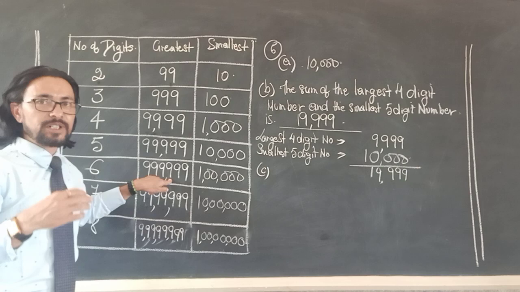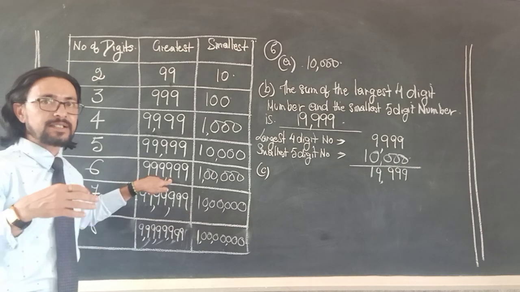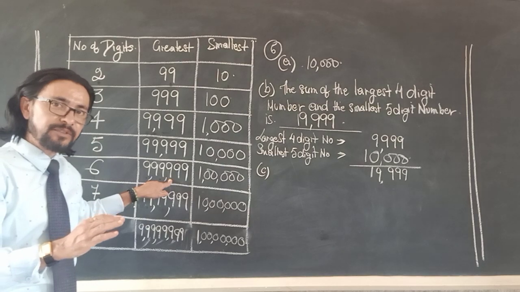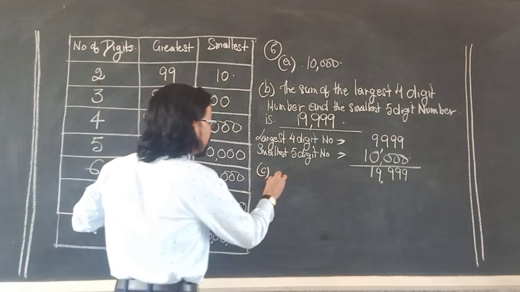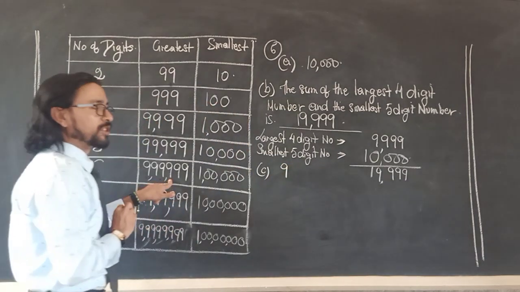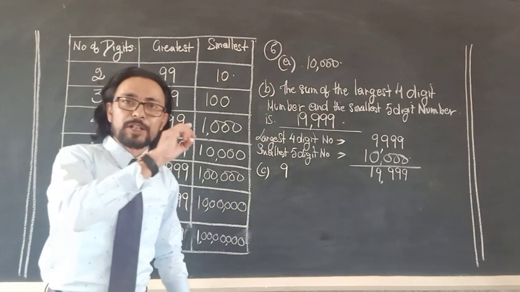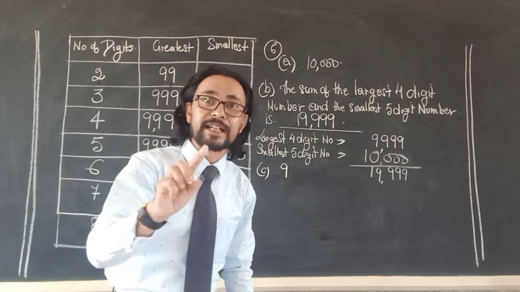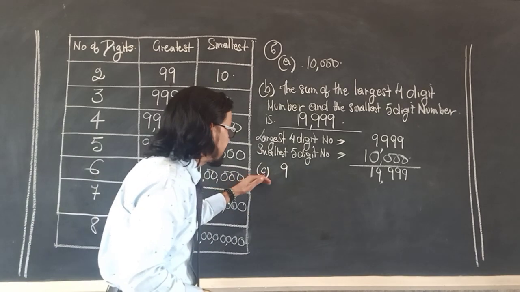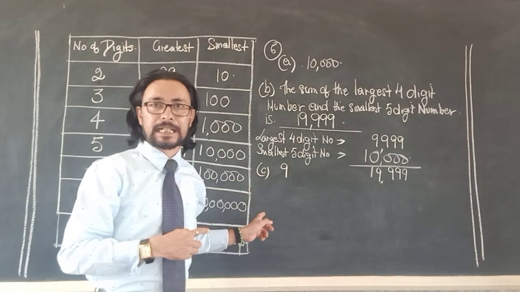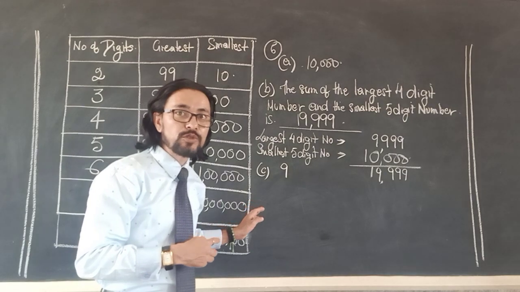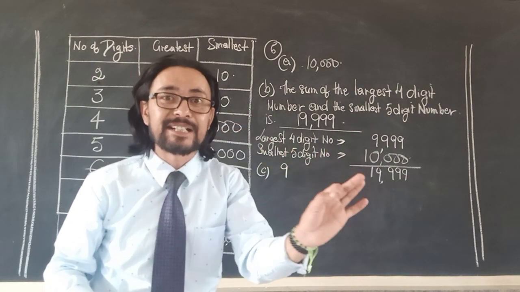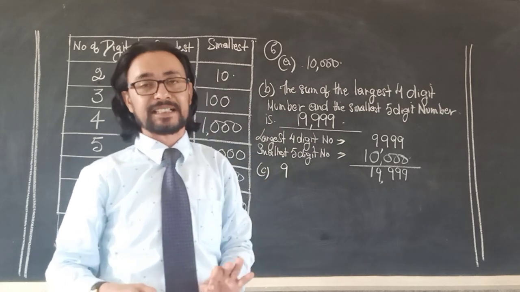Whether you take units place, tens place, hundredths place, thousands place, in all the places, the number is 9. So the answer is 9. But you will write the statement, write a blank and then write 9 in it. You will not just write C and 9 like Sir has done. I am giving the solution, but you have to write the entire fill in the blank statement from the exercise.